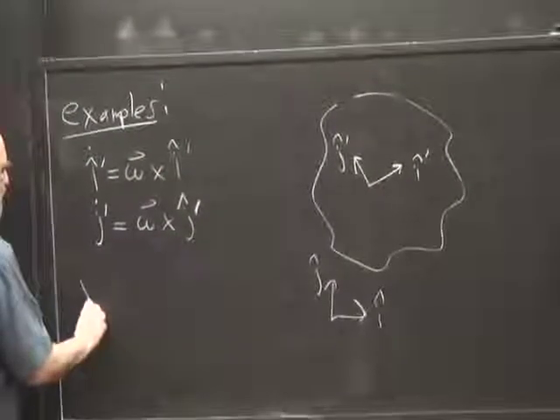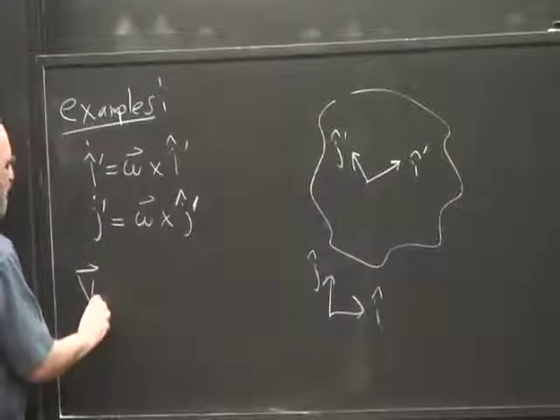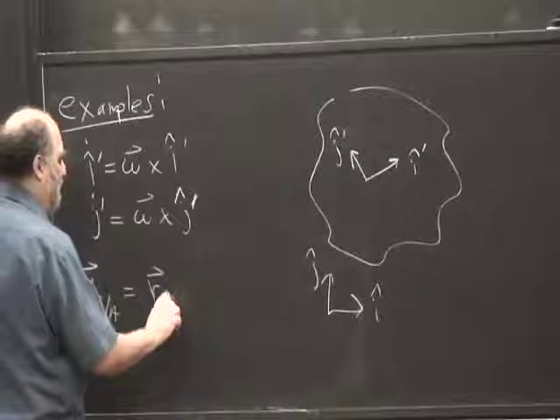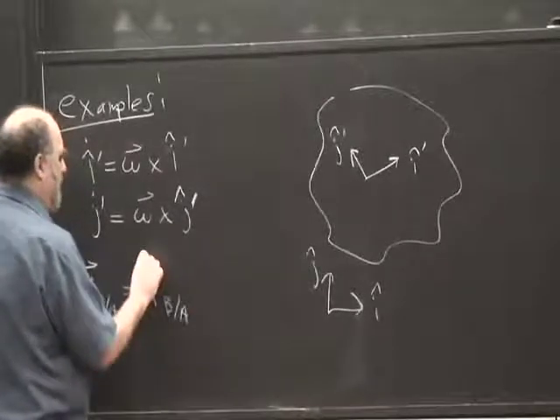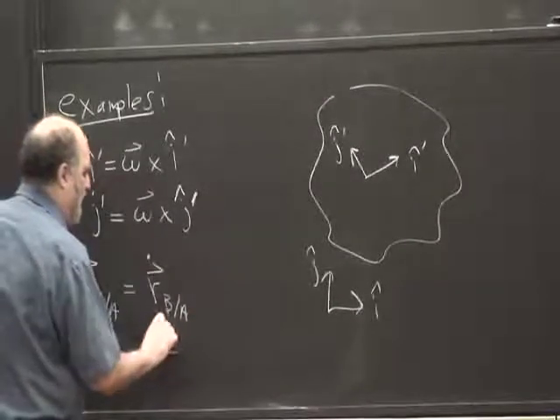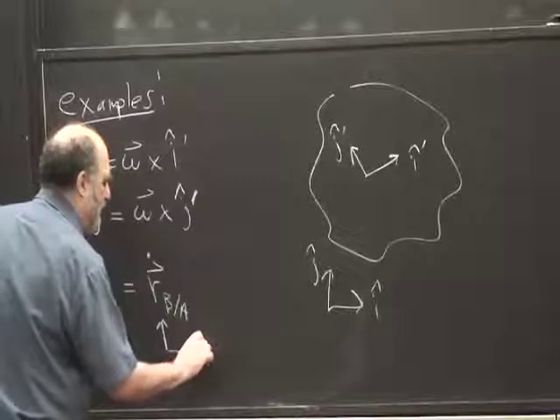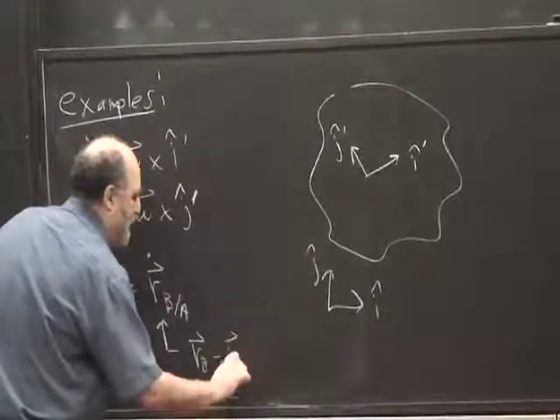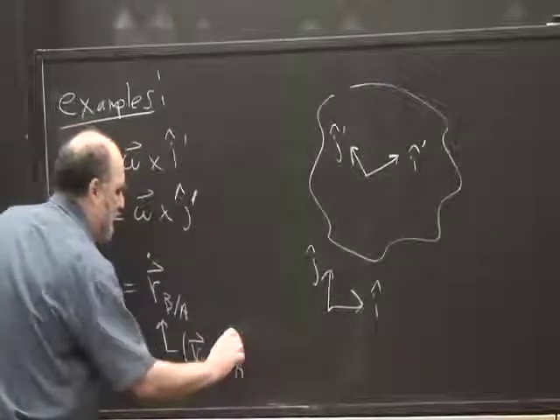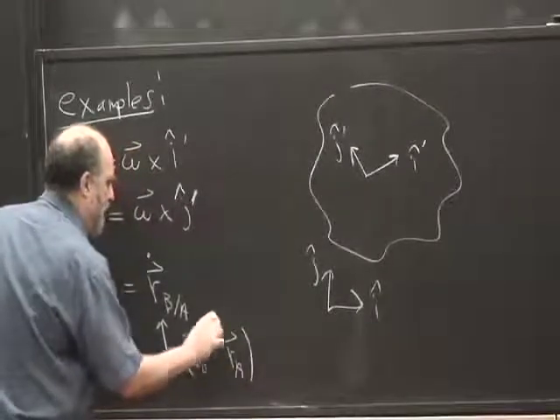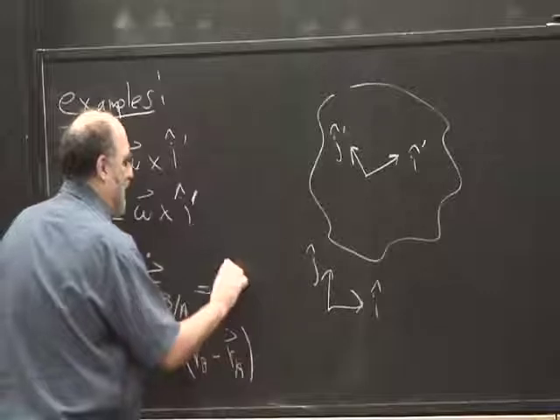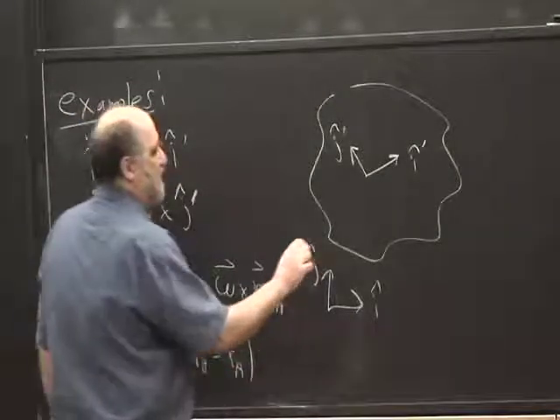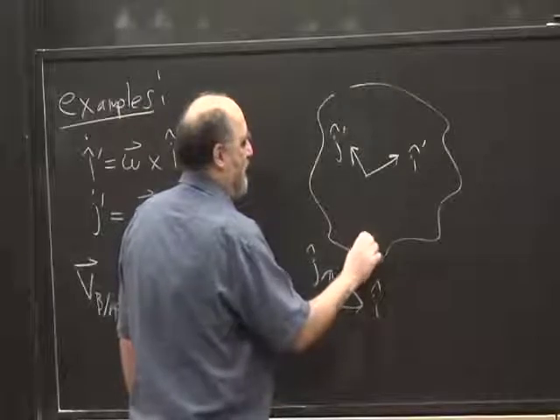Another key example is, let's look at the velocity of point B relative to point A. What do we mean by that? We mean the position of B with respect to A, dot. What do we mean by that? We mean the position of B minus the position of A relative to some origin, dot. And this is then omega cross the position of B with respect to A. So if we draw two dots here, A and B,